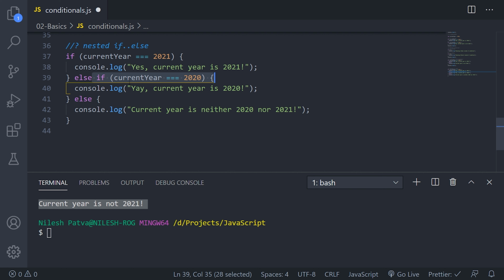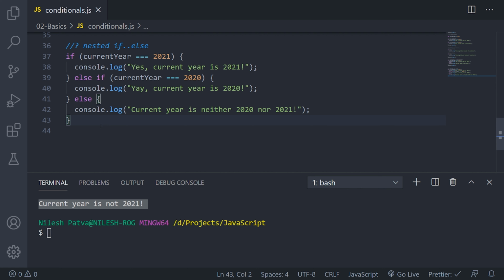If that also results in false, then perform this last action. This is also optional here. If the first if condition fails, then the second if condition will be checked. If that is true, then only this will be executed, otherwise this last statement will be executed.